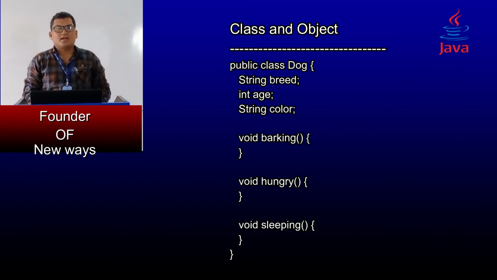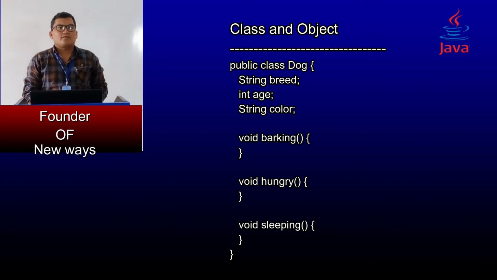Third is class variables. Class variables are variables declared within a class, outside any methods, with the static keyword. A class can have any number of methods to access the value of various kinds of methods. In the above example, barking, hungry, and sleeping are methods. Following are some of the important topics that need to be discussed when looking into classes of the Java language.